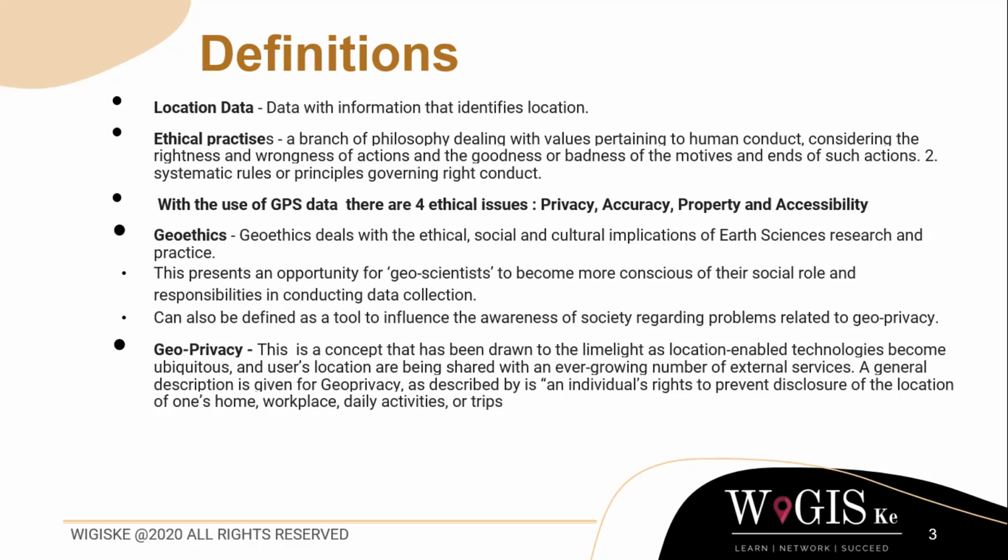So for example, when you're reporting on accuracy and you're using a Garmin device that doesn't have very high accuracy, and then you report that you have collected accuracy up to about 1 centimeter, but in an ideal sense you have collected accuracy up to about 10 centimeters, then you would not be practicing ethically in this example. So usually I like to give this example when I'm talking about accuracy.